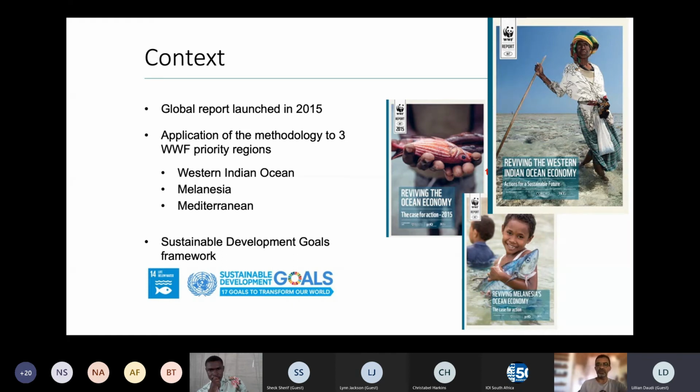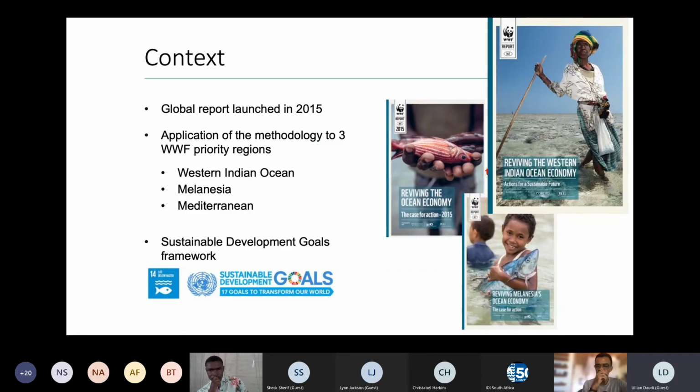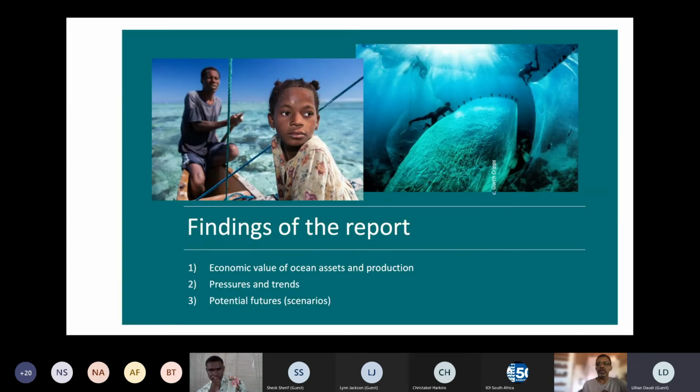There was an ocean conference in 2017 in New York focused on Goal 14. So this was really to try and help make more tangible in our thoughts how to use the Sustainable Development Framework in looking at the ocean economy in our region here. In the report, we looked at 3 different areas. One is that the Boston Consulting Group really calculated the economic value of ocean assets and production. And this was done to really make the case of how important it is for countries to do this,